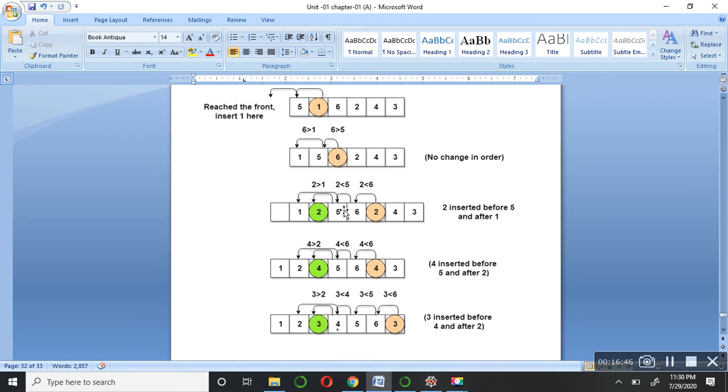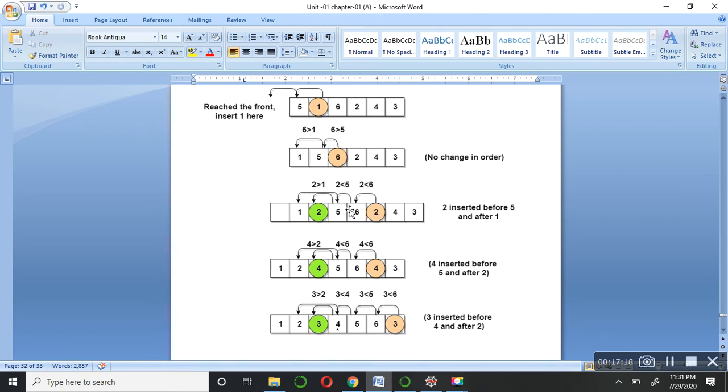So in the next picture you can see 1 2 5 6 is given. It means 6 was at its best position. Next, just after 6, 2 is given. If you notice, 1 5 6 is alright, but 2 has to come between 1 and 5, not between 5 and 6 or after 6. It has to become 1 2 5 and then 6.